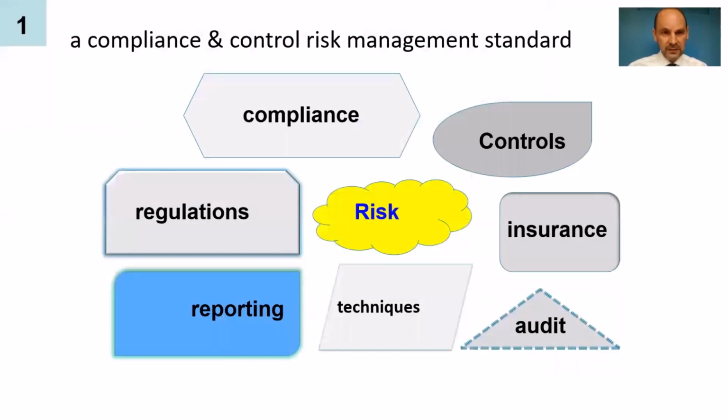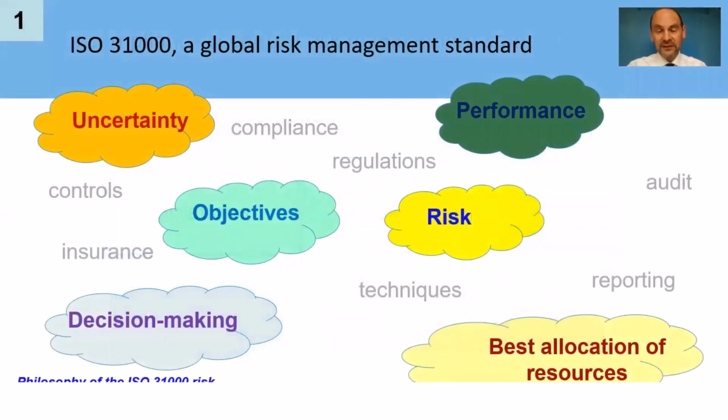So now, what is not risk management? And still many companies are getting confused: risk is not about compliance, control, audit, techniques, or simply reporting or tick the box, you know? So what is it then? Well, this is the philosophy of ISO 27000. Basically, it makes the strong link between risk and objective, and who is there to make objectives is decision makers.